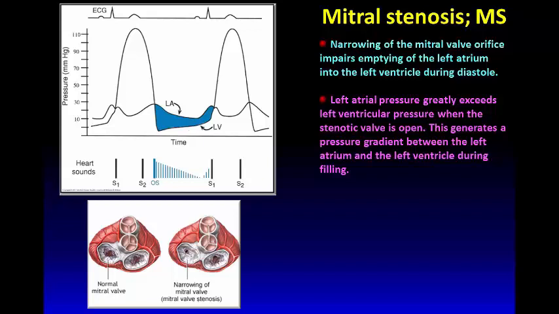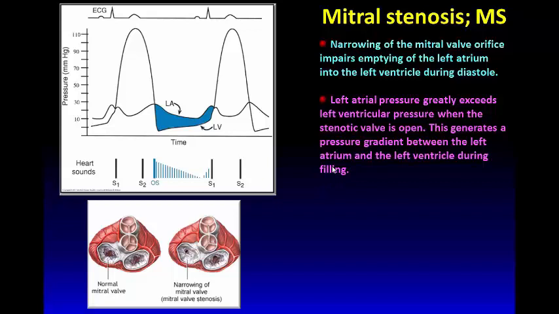It is because of that a pressure gradient is detected between the left atrium and the left ventricle during the filling phase of left ventricular diastole when the